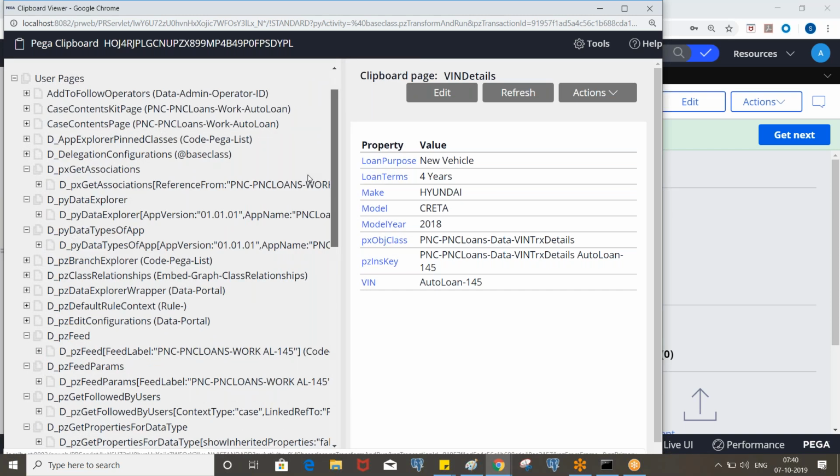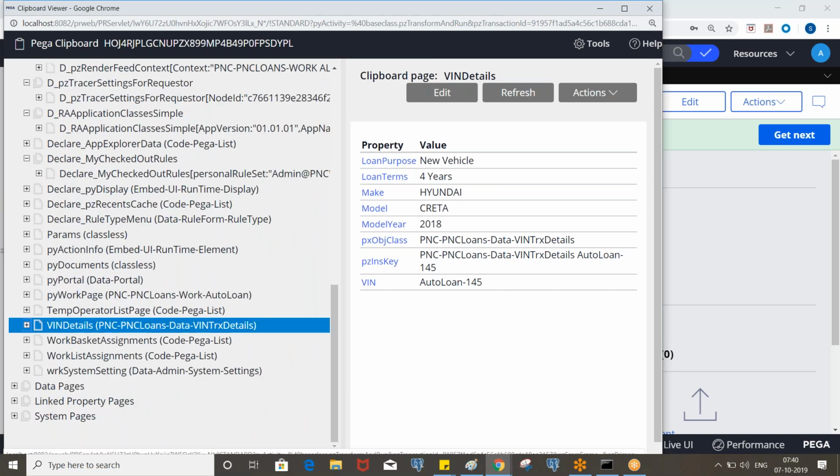Let's say first we are fetching it, but we are mapping it back to the work page properties, right? So though that page is removed, we'll not have any issue. Okay, so that's the reason why, after executing the activity, you need to remove that page.